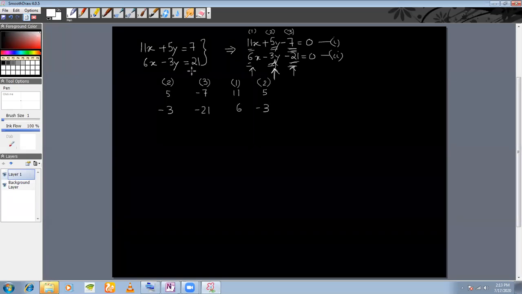Also, these two are going to give me my denominator of x. These two are going to give me my denominator of y, and these two are going to give me my denominator of 1. Remember 1. So this is what you remember. Anyone who could not understand till this point? No one. Okay, so everyone understood, I assume.